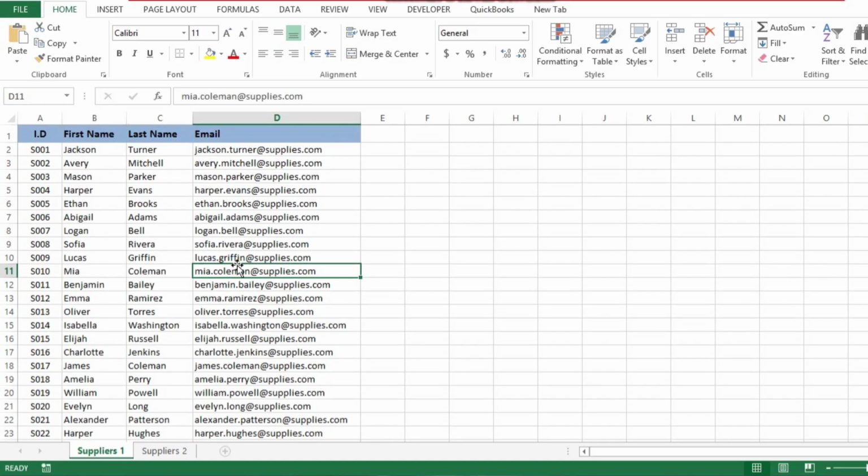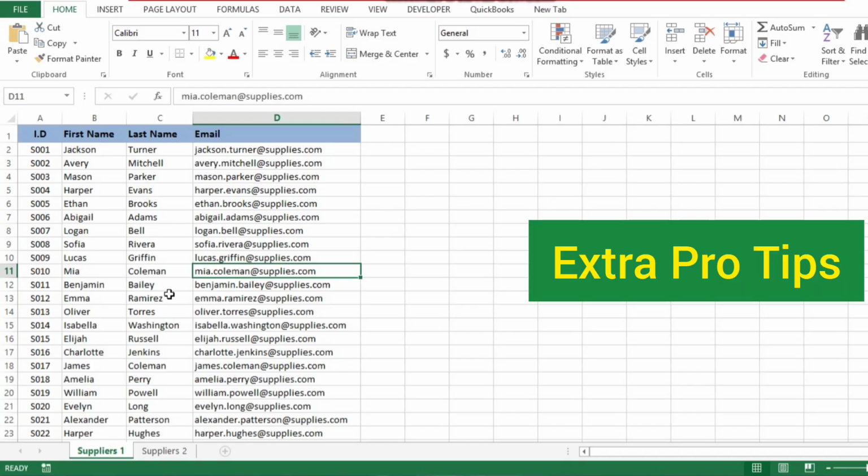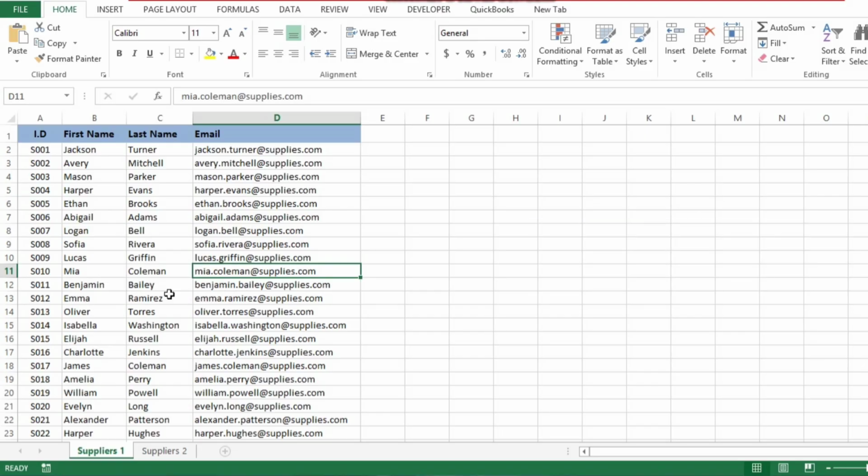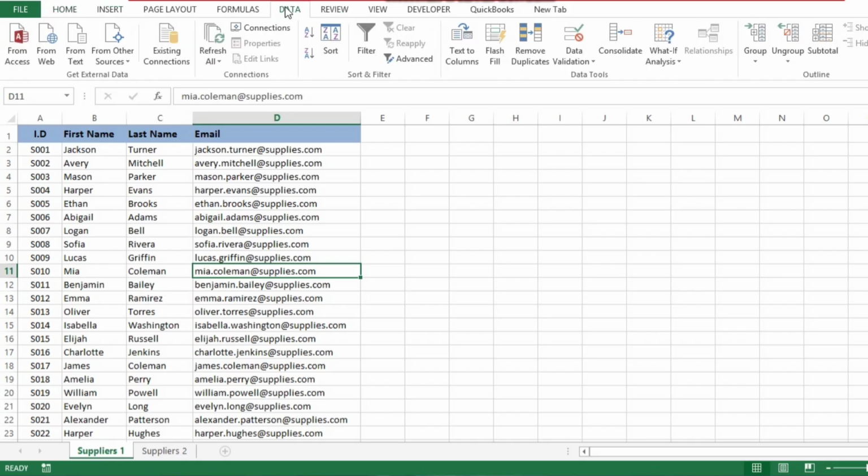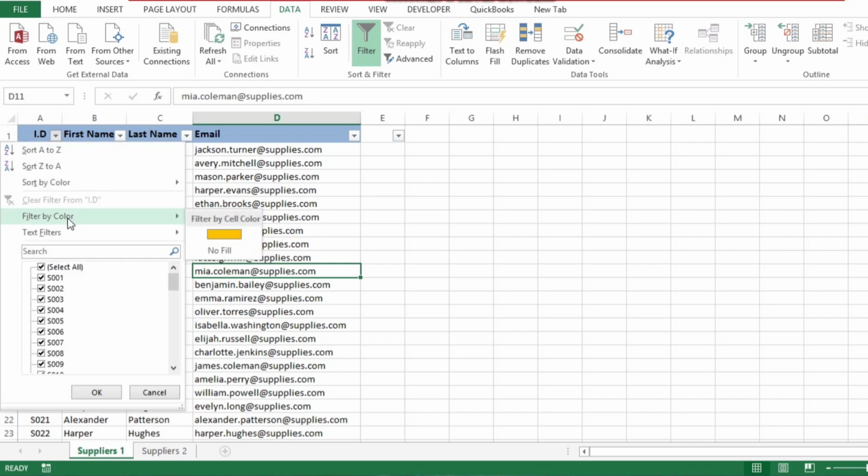This is great where your list is wide or long. The eye catches the color before the brain reads the text. Now some extra pro tips. If your supplier or any of the lists grow over time and have hundreds of entries, go to Data tab and apply Filter. And now you can filter by fill color,